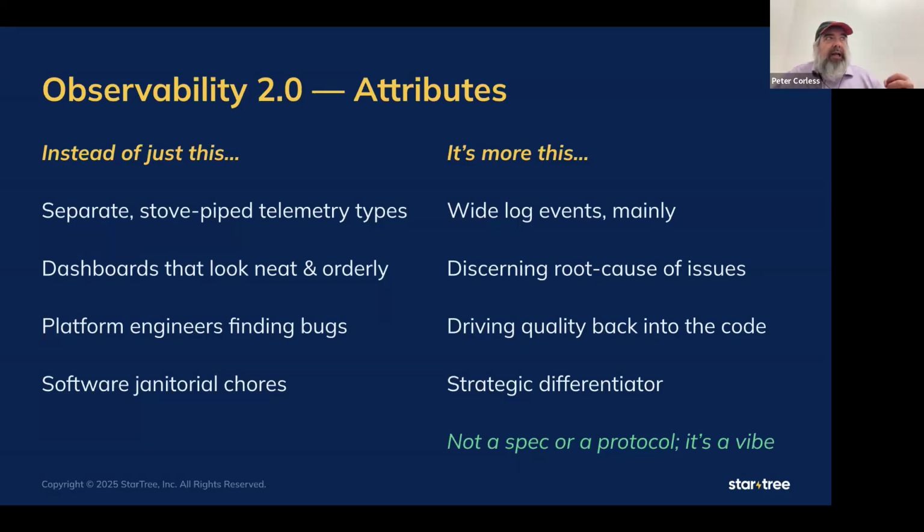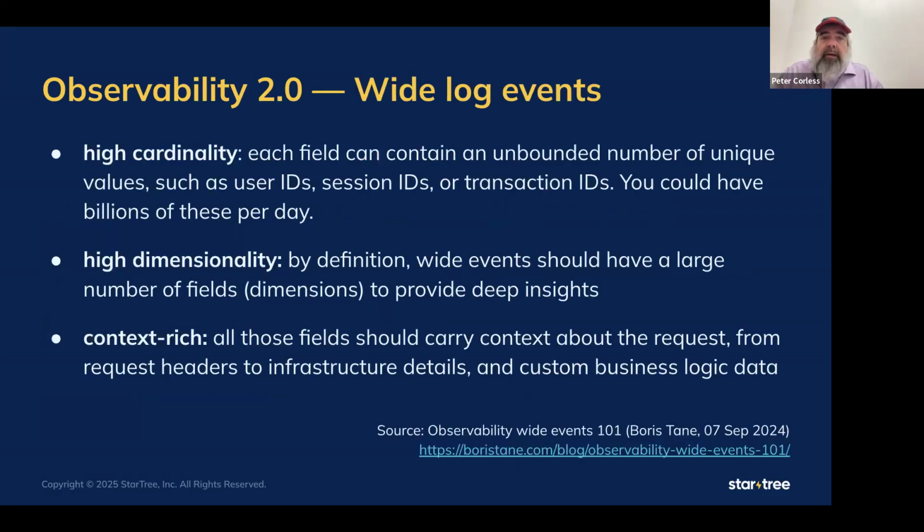And it's really to change what observability is from this kind of software janitorial service, like old-fashioned sysadmin and cleaning up after devs who didn't know how to do good exception handling. It's trying to become a strategic differentiator that you use your observability to make a better operating company from the get-go. So again, it's not just that there's a spec or a standard that people need to follow. It's how you treat your platform engineering such that you're really thinking about a holistic betterment of your organization and your systems.